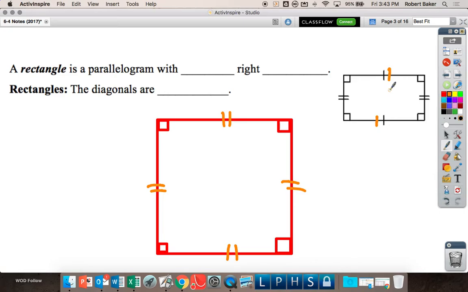What was the only thing you can change on a square? I can make it bigger or smaller, right? That's it. I can make it 5, 5, 5, 5, or 4, 4, 4, 4, or 3, 3, 3, 3. And I can't change anything else. So when you do this square math,